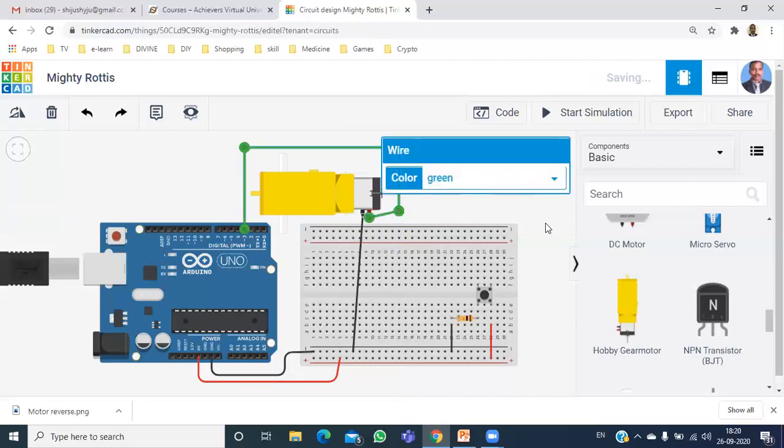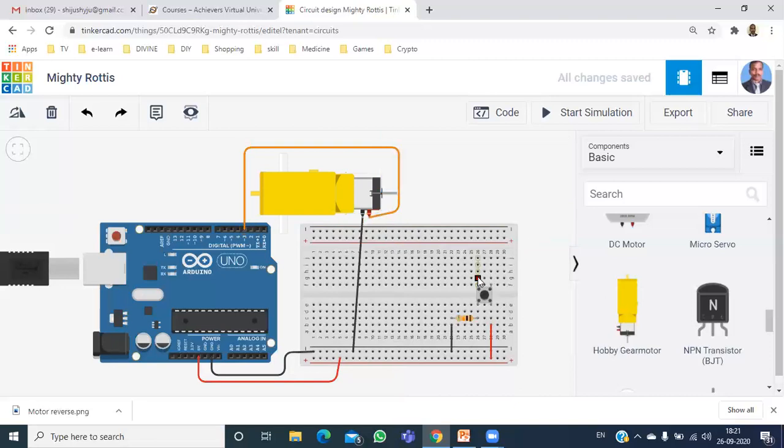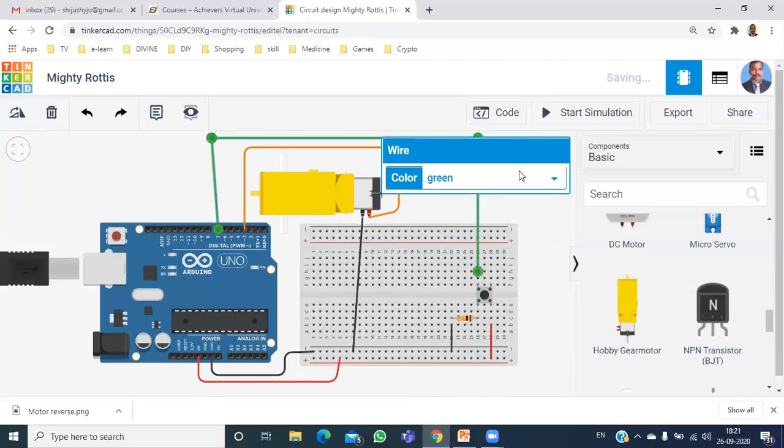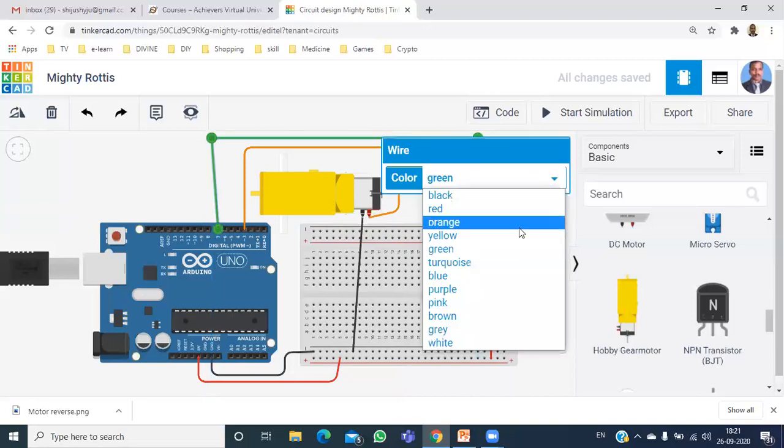Now let it be green in color, or we can change it to orange. And from the switch you can take a wire and connect it to pin number 7, and let it be blue.